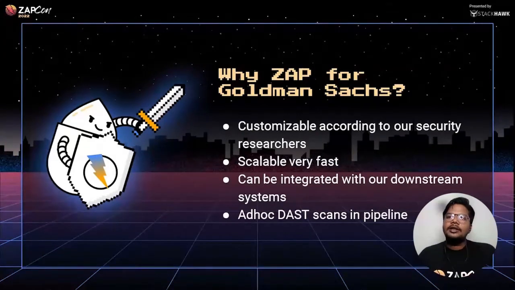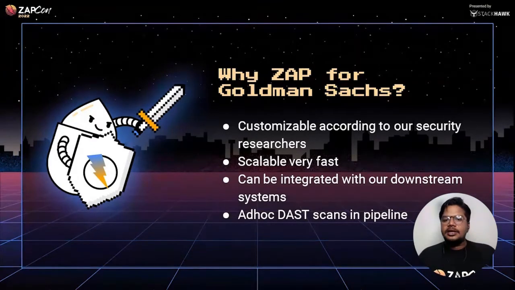At Goldman Sachs, we have already used a lot of applications and scanners, and what we felt is we need a solution where we can do more. We can customize more according to our security research, because as you may know, sometimes there are a lot of rules available, but they may not fit your application. So we do research on those needs and try to customize our scanner accordingly, to find more precise, streamlined vulnerabilities in our applications.